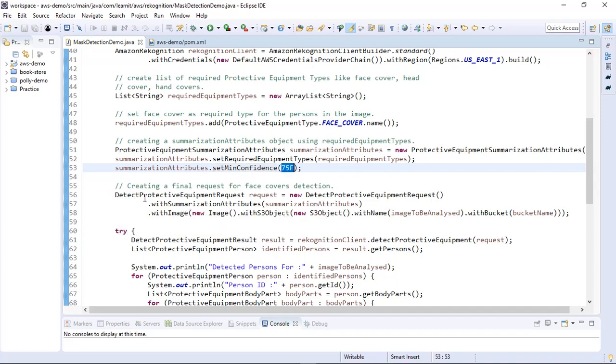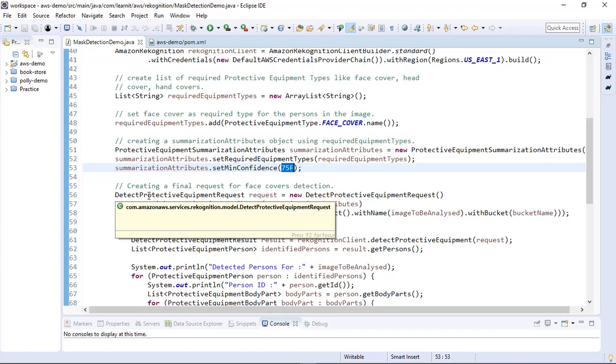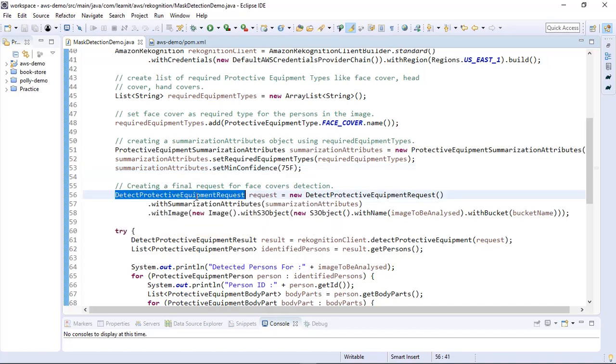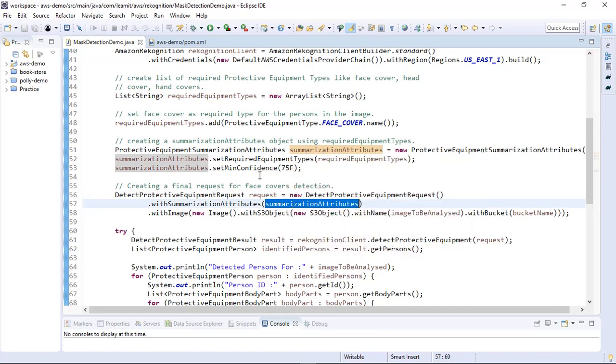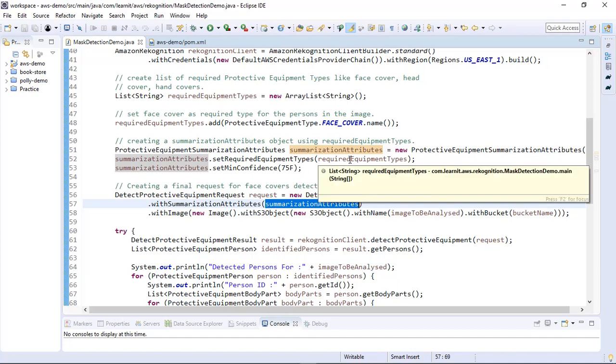In the next line, I have created an object of the DetectProtectiveEquipmentRequest class. This is the final request object, and inside this request object I have used the summarization attributes object, in which we have mentioned what type of equipment we want to detect in the persons in the images.